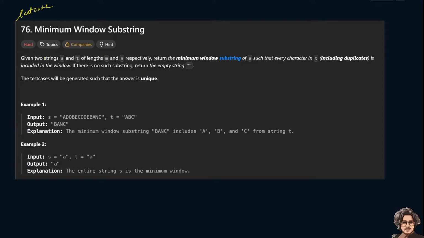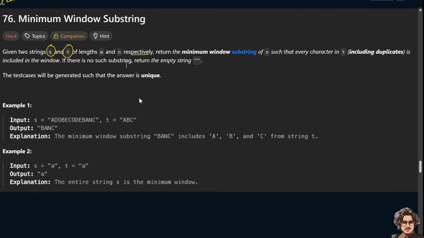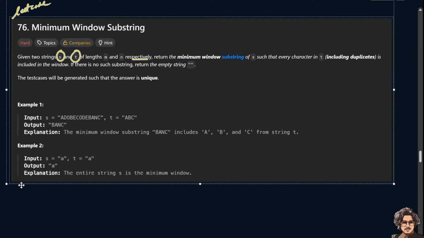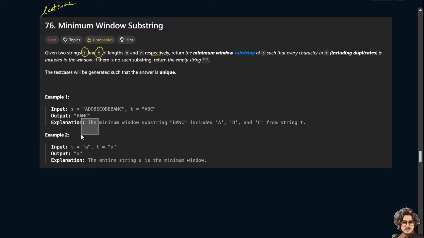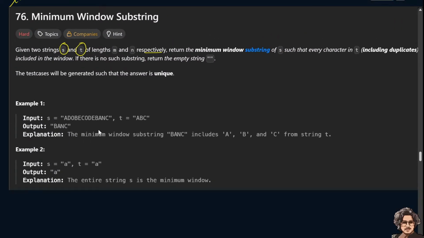You have two strings, S and T, of lengths M and N respectively. We have to return the minimum window substring